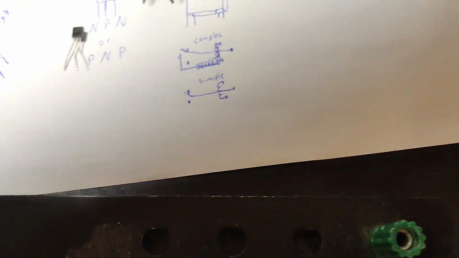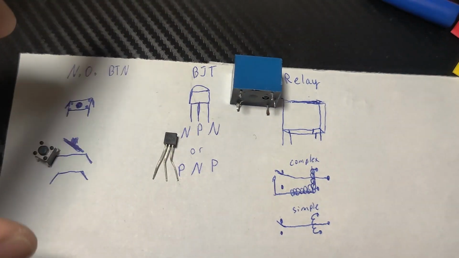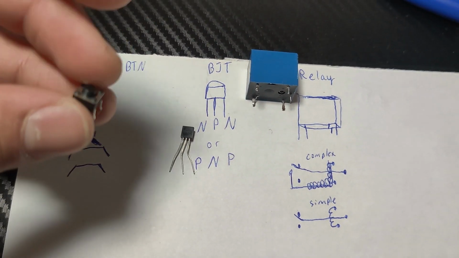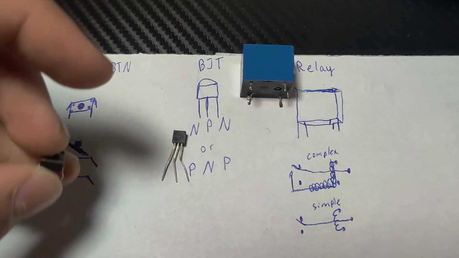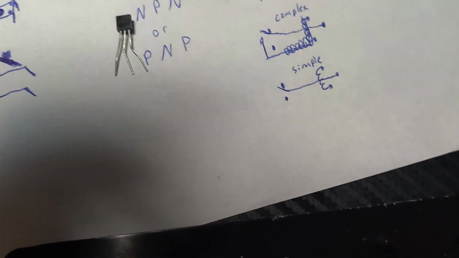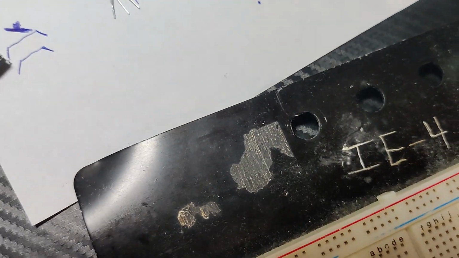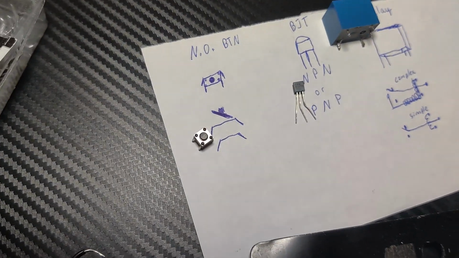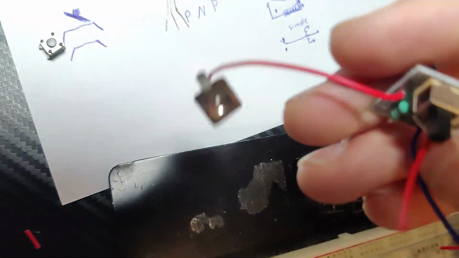Let me get this wire out of here so it doesn't interrupt me. There you go. Alright, you might be thinking of switches as something like this, a little button. Or possibly, if I can find it. Ah, here it is. A little